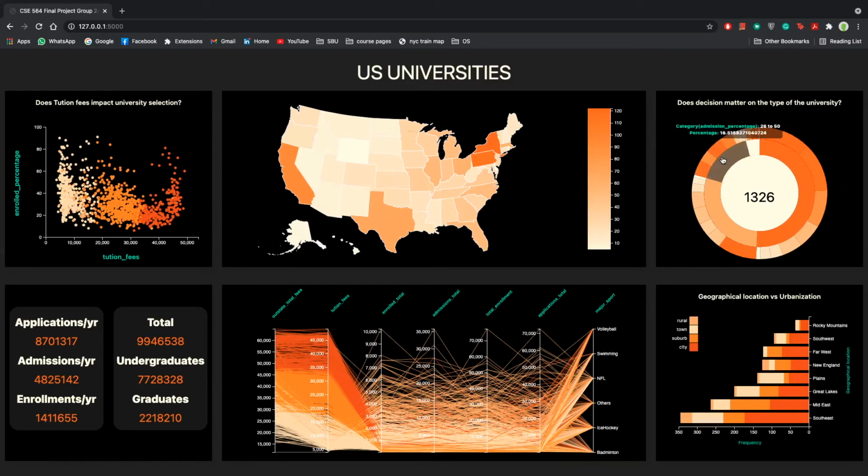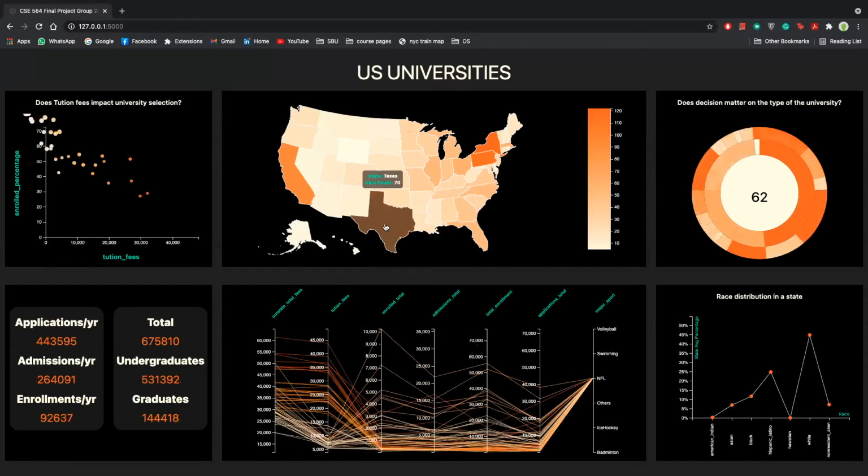Admission percentage has four categories. One is 0 to 25, the other is 26 to 50, 51 to 75, and 76 to 100. Whereas Carnegie classification has eight types of universities. The major ones among them are bachelors, masters, research, etc. So then I have a PCP over here. I have some numerical data projected here, and I have a stacked bar. So all these categories are interlinked. When I click a state, all the data points in all the other graphs change dynamically.